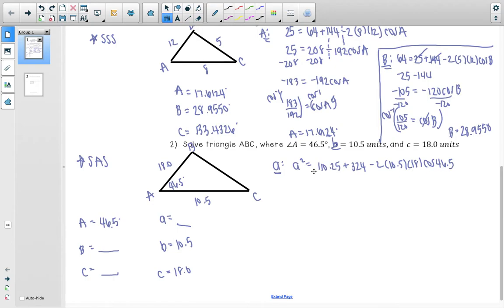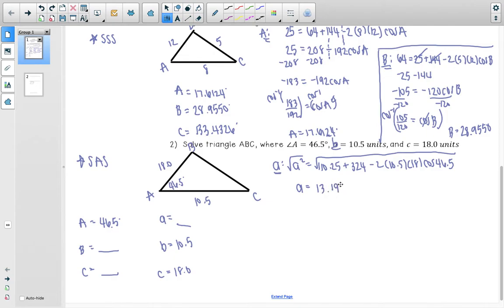Now, what is awesome, and it's the best part about this whole problem, is that you literally can type all of this in, okay? So you're going to type all of this in, but you also can do something else. So we want to find A. So we're going to square root it. So what you do is you just take this entire answer and put it in your calculator. So you do the square root of 110.25 plus 324 minus 2 times 10.5 times 18 times cosine of 46.5. If you enter that all into your calculator, the square root and everything, the value of A is